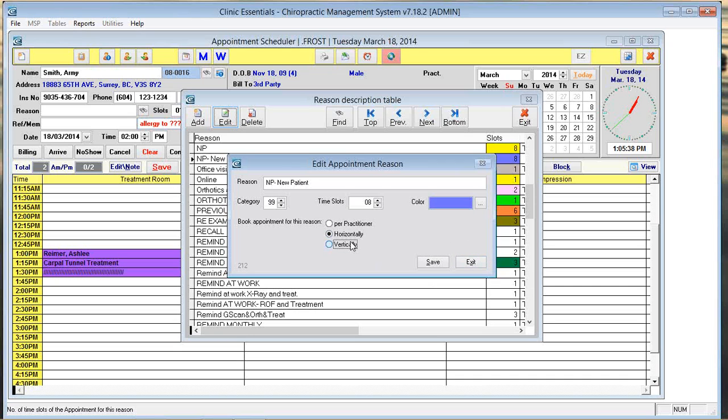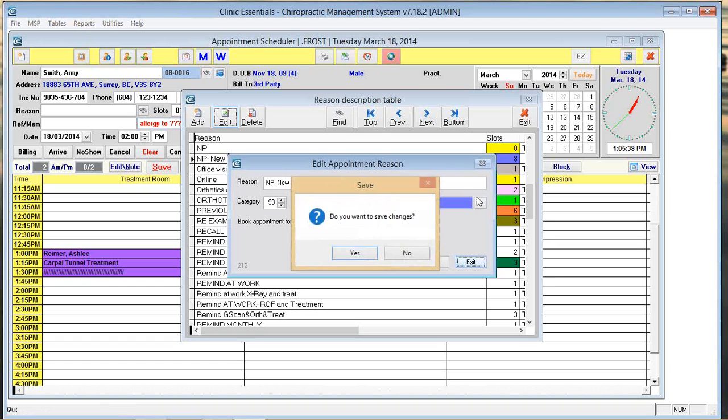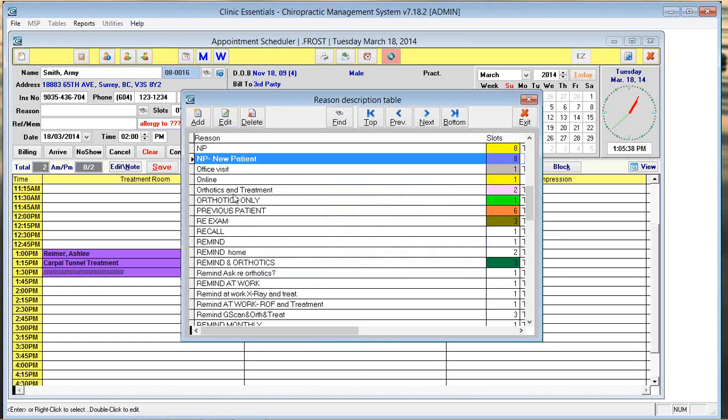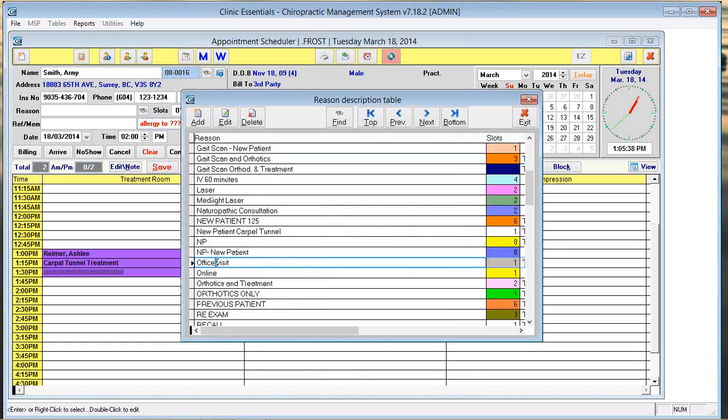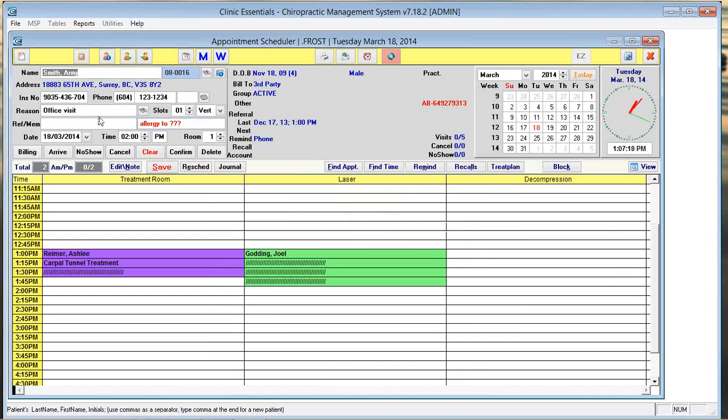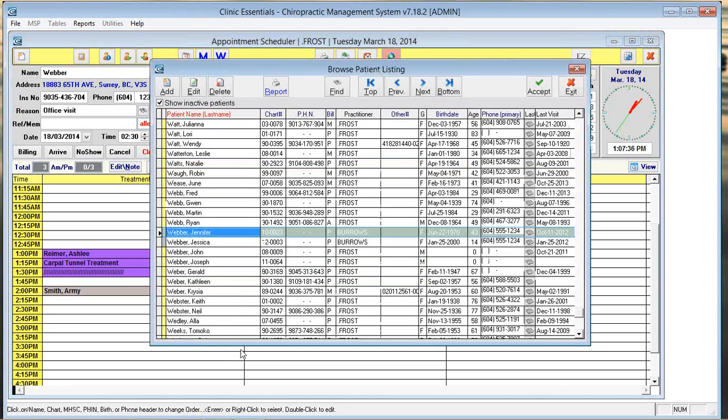I don't need to change anything here. I was just showing you how that works. And if this is just a regular office visit, I can either select it from the list, or you can just type it here and it'll fill in. So either way, that works. So an office visit here is just going to be like a 15-minute appointment, and that one's colored gray. So just to show you that one more time, you pick the spot, type in a name, press enter, and